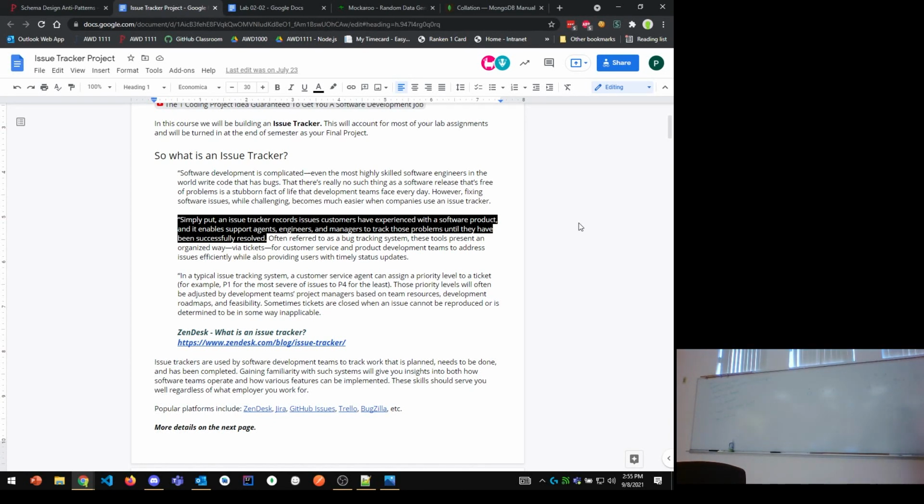So I pulled a little bit of a blurb here from Zendesk, which is a really popular tool for tracking support tickets. All sorts of companies use this. So we're building something that's similar to Zendesk or Jira. In fact, there's a bug tracker over on GitHub as well. But there's a bunch of these different things available. So the question is, well, what is an issue tracker? If I read some of the blurb here,